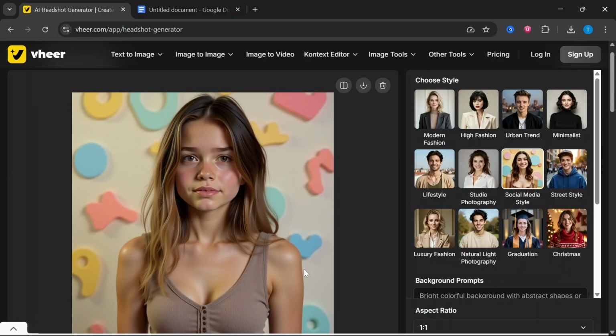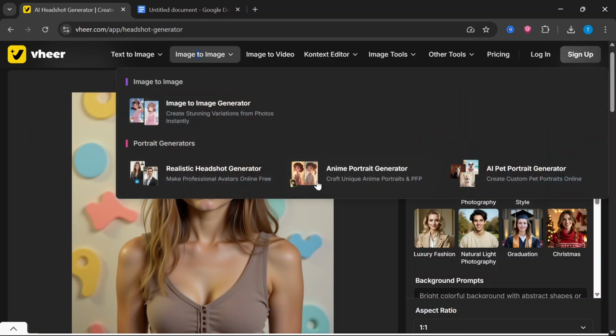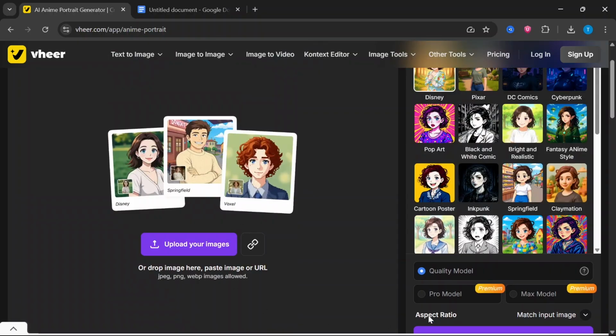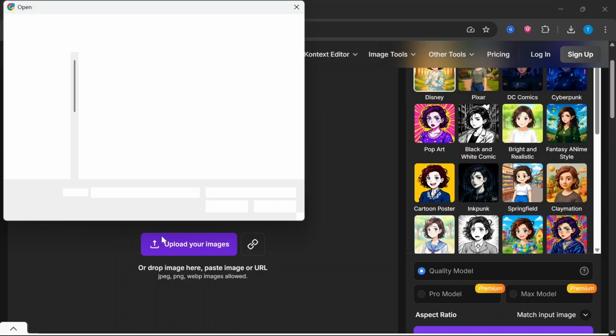So if you happen to be interested in creating avatars, you could just try other styles, but for the purpose of this video, it was just to show you how it works. So before we get started with video creation using Vheer, I want to just use one more image to image tool, which is this one, anime portrait generator. It's almost the same as creating avatars. All you have to do is upload your image and choose the style you want. So I'm going to upload the image I want to use,